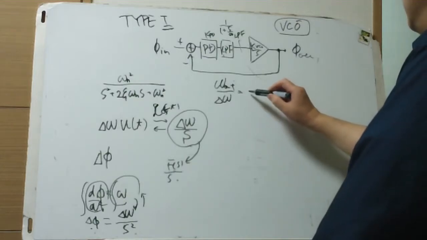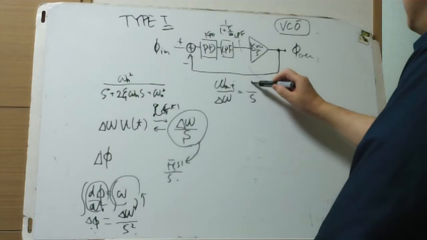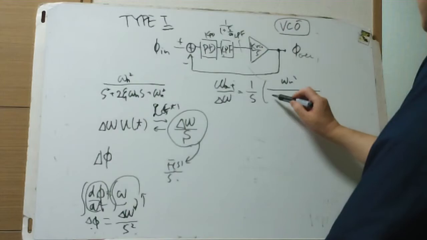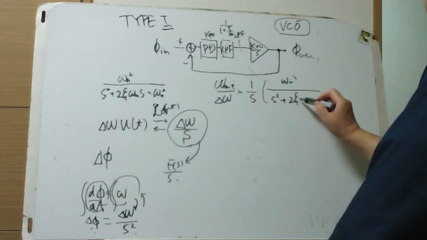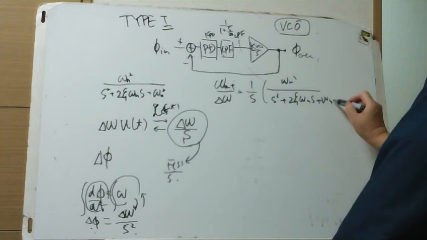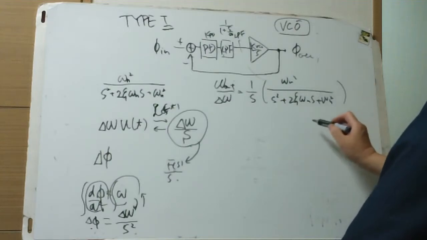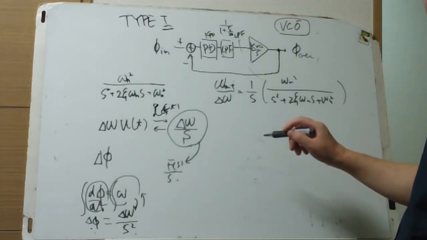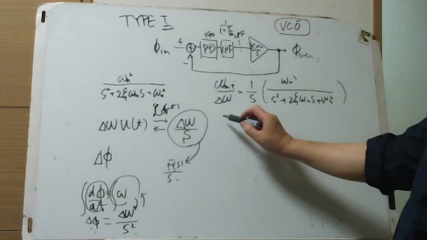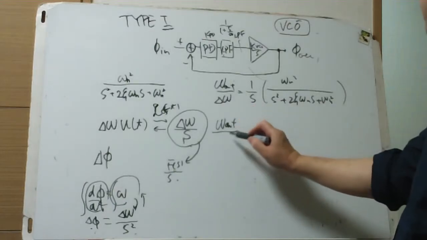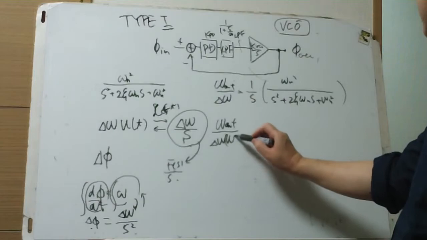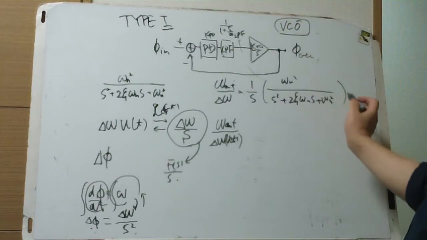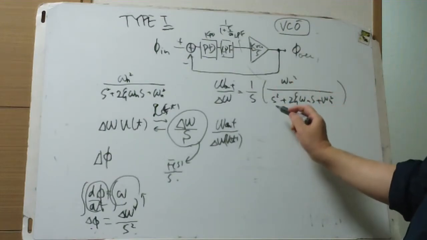So s times omega n squared divided by s squared plus 2 zeta omega n s plus omega n squared is the transfer function for the S-plane. So omega out divided by the delta omega unit function is the inverse Laplace transformation of this S-plane representation,